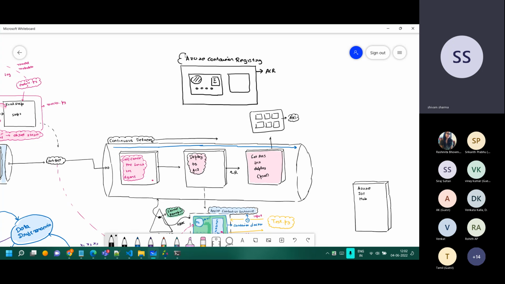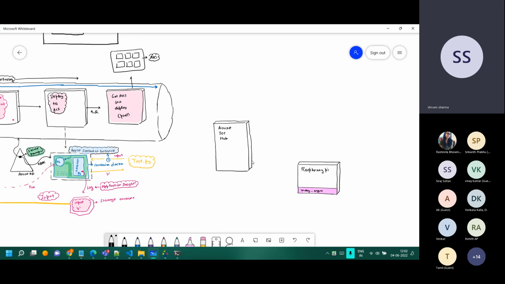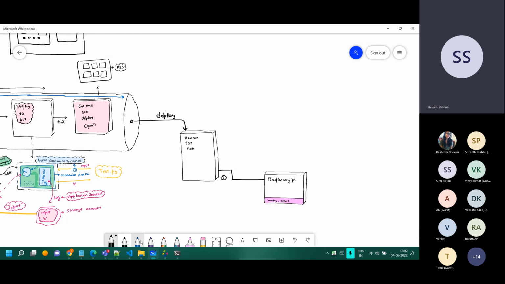So what we want to do is connect the IoT Edge solution with the IoT Hub first. Once we have done that, we would like to deploy a configuration to the IoT Hub. That configuration will be pushed to the IoT Edge. So imagine this is a deployment of the configuration.